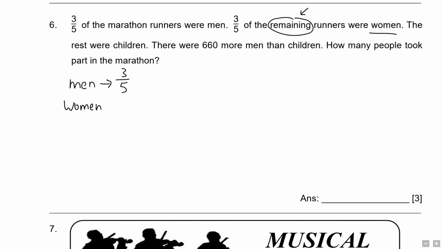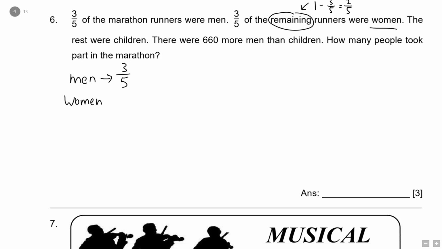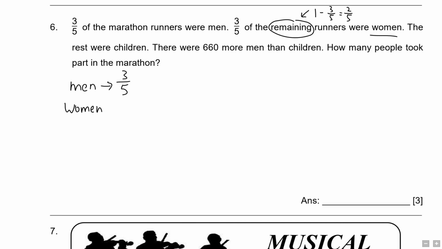So what does it mean by remaining? If you have 3/5 that were men, meaning the remaining after deducting the 3/5 will be 2/5. So this 2/5, 3/5 of it will be women. So how to find? If you have the English, 3/5 of remaining, it would simply mean 3/5 times the remaining fraction, which you have found out is 2/5, which will give you